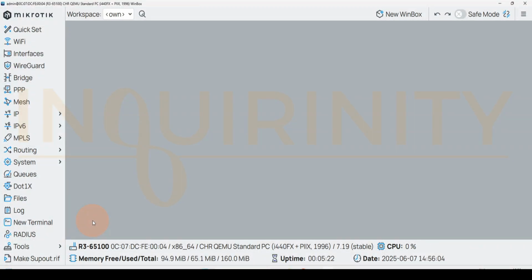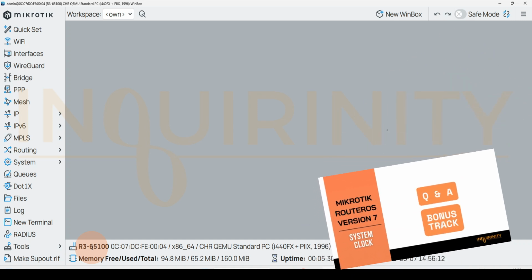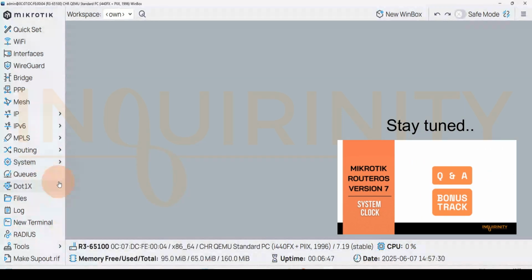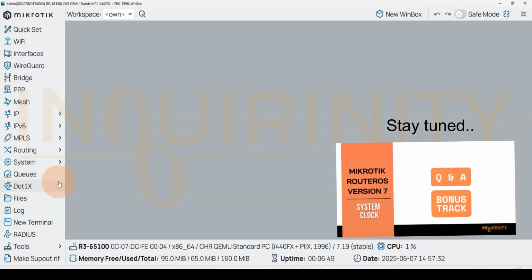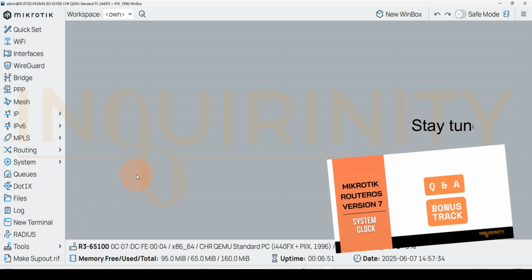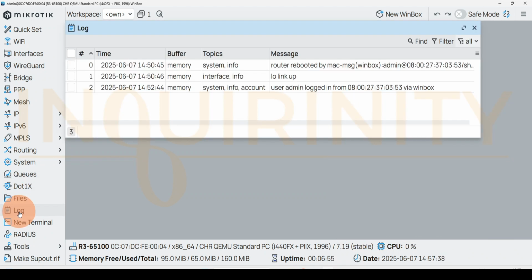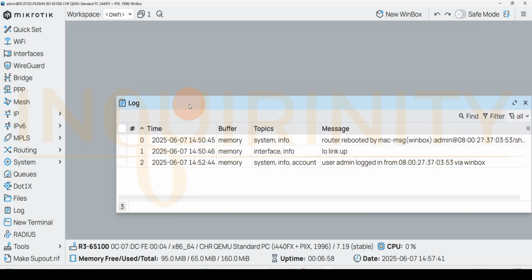We are at our MikroTik R3 router. To check the system date and time, or your system clock, we'll go to System and Clock. There are many services that rely on proper and accurate time. One of which is your log. The log, as you can see, has a time column that indicates the date and time of